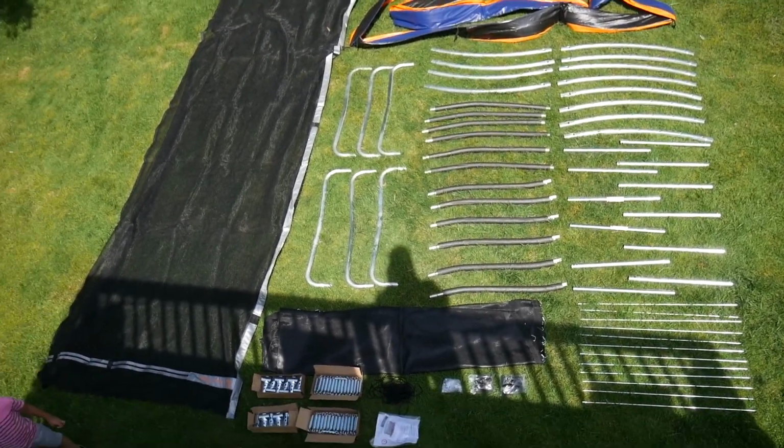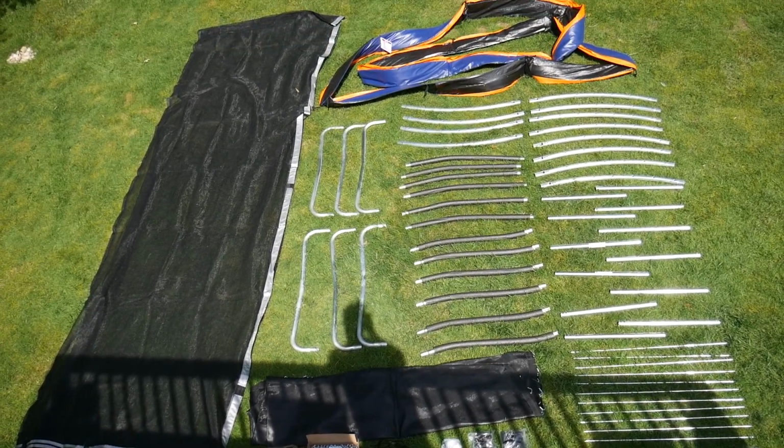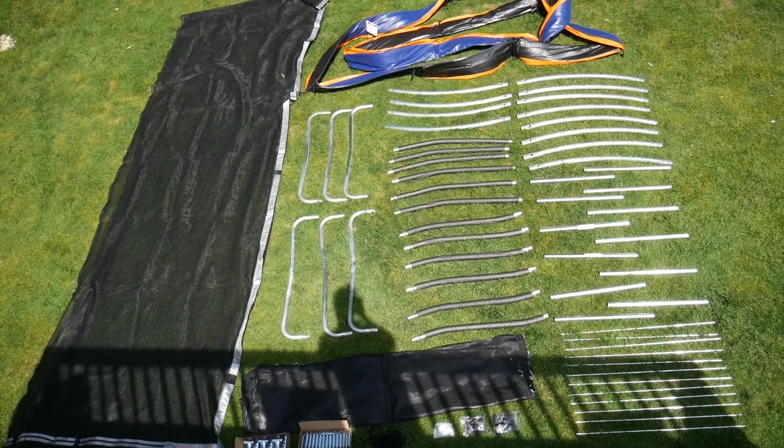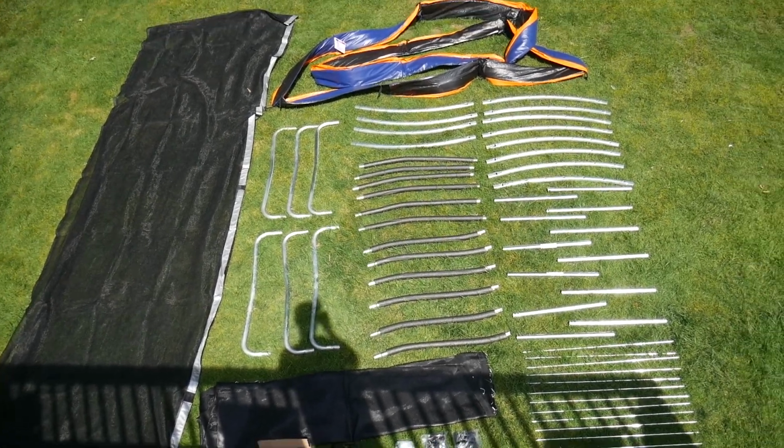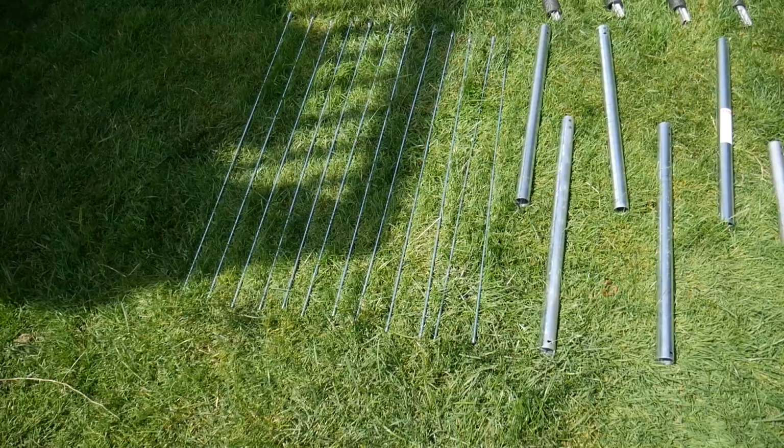I have never set up a trampoline, so this will be fun. There are lots of pieces. I'm gonna go down and look over them. I'm gonna try to assemble them by myself, so we'll see. Oh, look